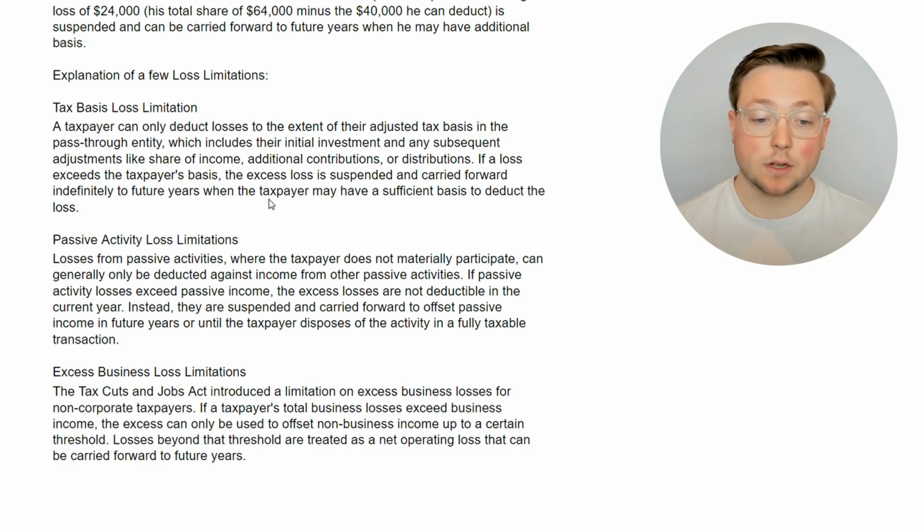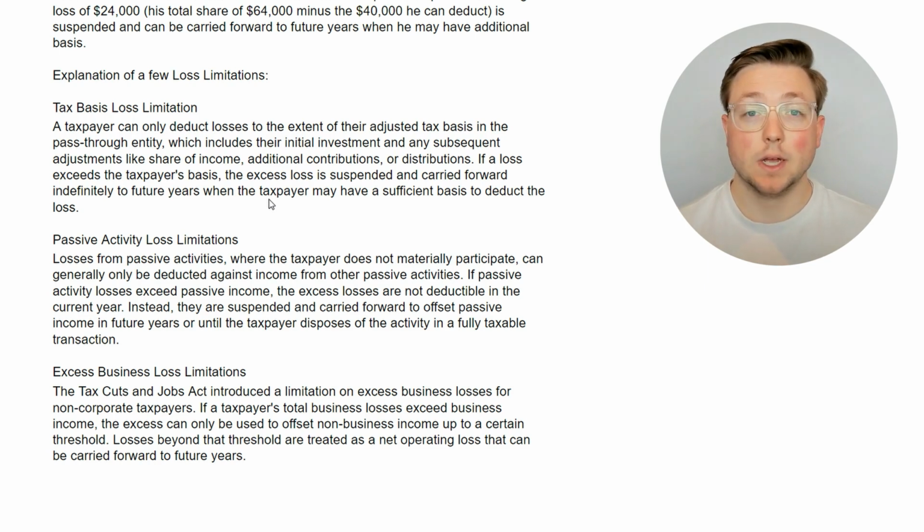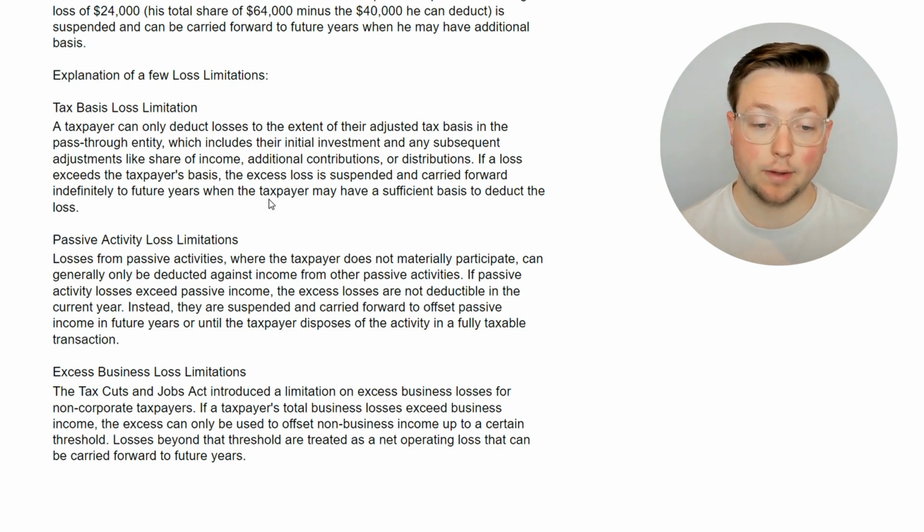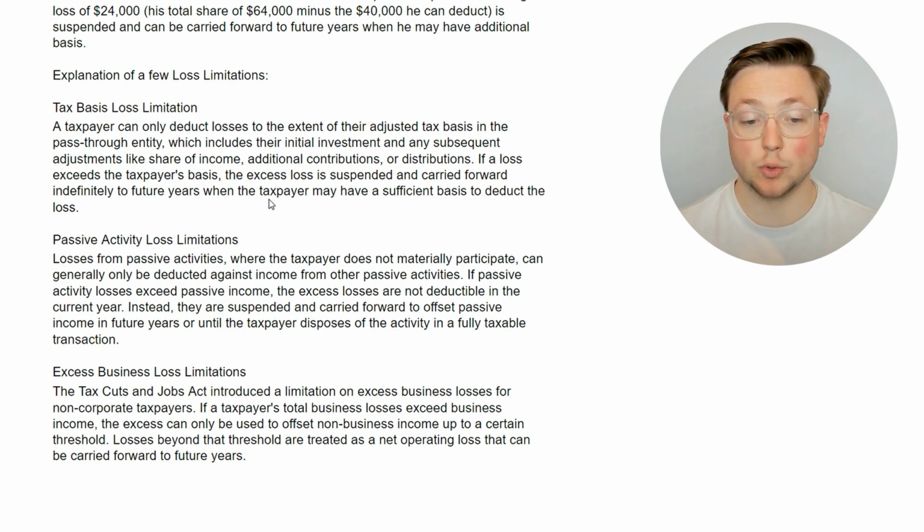And then finally, let's talk about the excess business loss limitation. You probably won't deal with this very much, but I still wanted to throw it in so you know about it. The Tax Cuts and Jobs Act introduced a limitation on excess business losses for non-corporate taxpayers. So, by the way, non-corporate meaning not part of an S corporation or a C corporation. If a taxpayer's total business losses exceed business income, the excess can only be used to offset non-business income up to a certain threshold. Losses beyond that threshold are treated as a net operating loss that can be carried forward